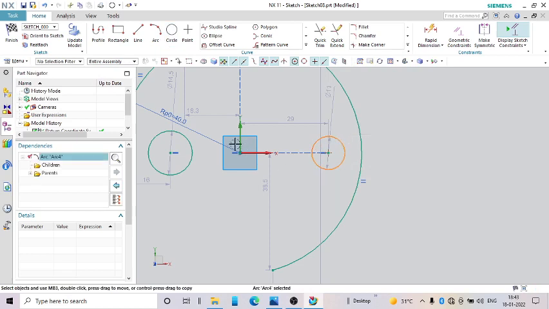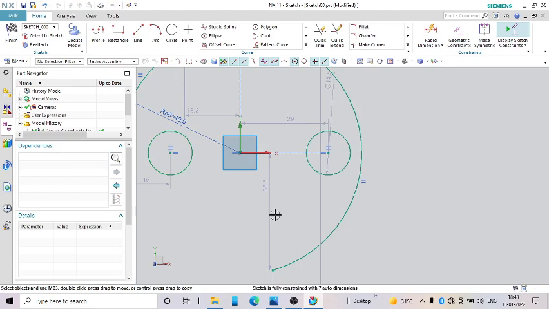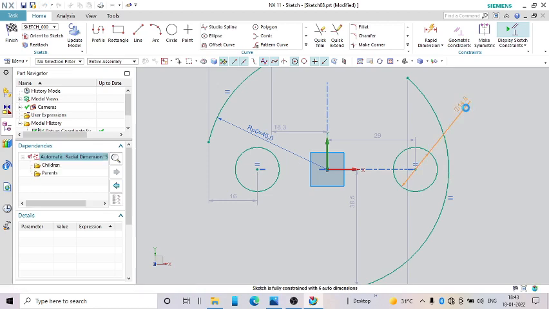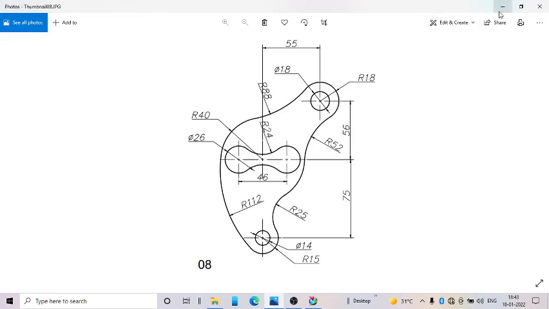So we can select these two and make it equal, and the diameter is 26, and the center to center distance is 46.